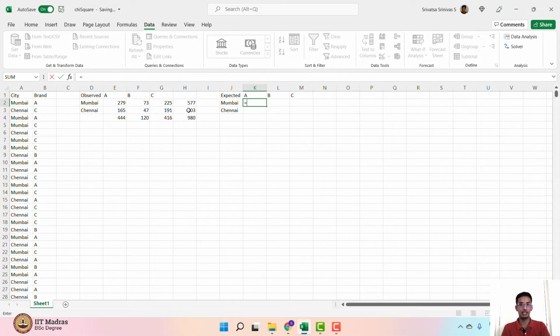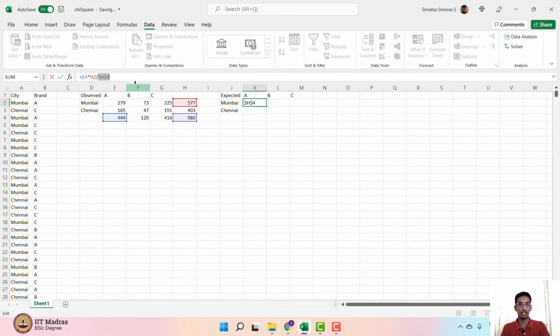So in the first case, where we have Mumbai and A, this will be the value here corresponding to A and corresponding to Mumbai divided by the total, which will give us the expected frequency corresponding to the combination Mumbai and A, right? And as you can see here, the denominator is going to be common across different combinations, and